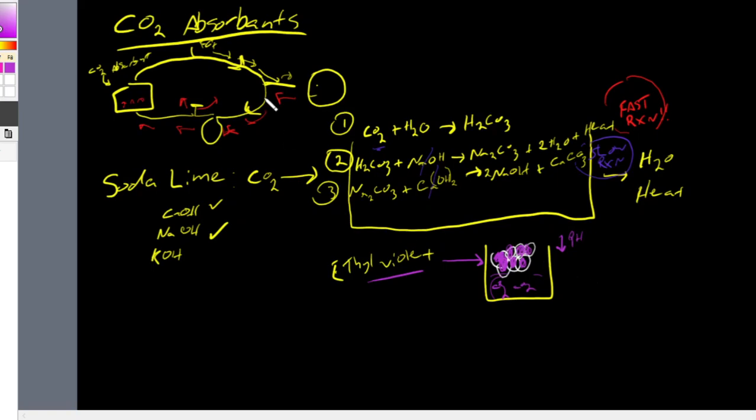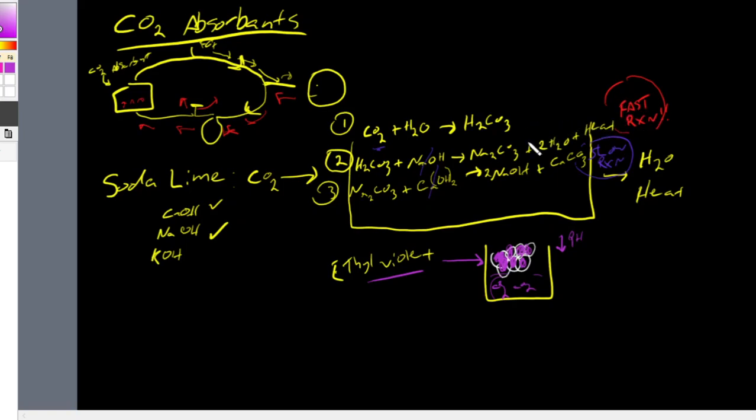So to summarize, our CO2 absorbents, the most common CO2 absorbent is Sodalime. Sodalime contains calcium hydroxide, sodium hydroxide, and potassium hydroxide. The reaction is as follows. You have carbon dioxide entering the CO2 absorbent canister. It combines with water, forms carbonic acid. The carbonic acid and sodium hydroxide, a strong base, form sodium carbonate, water, and heat, and that takes place